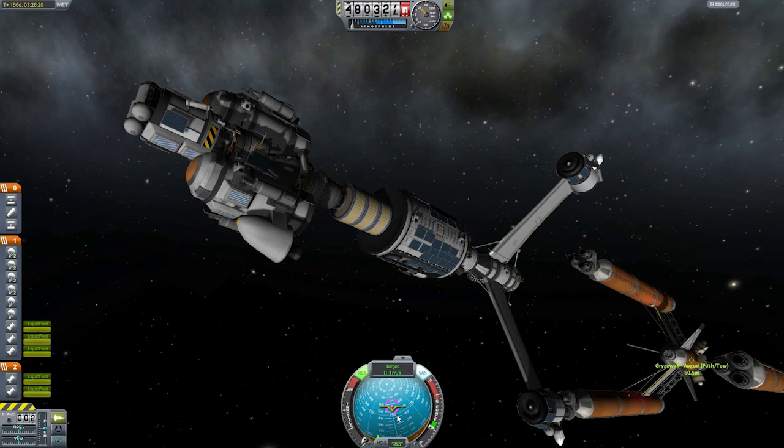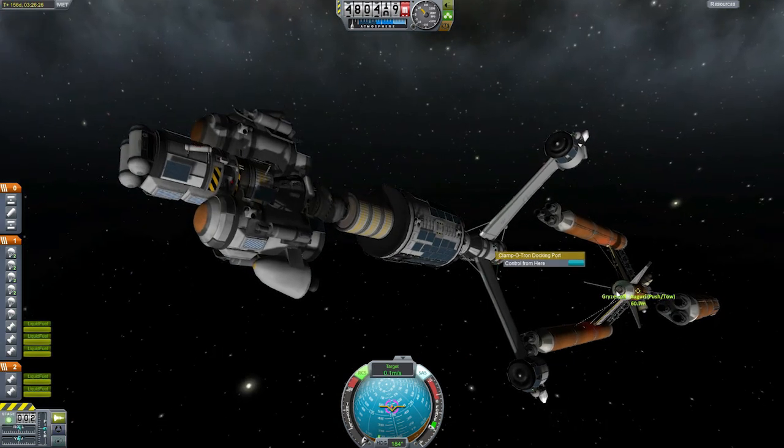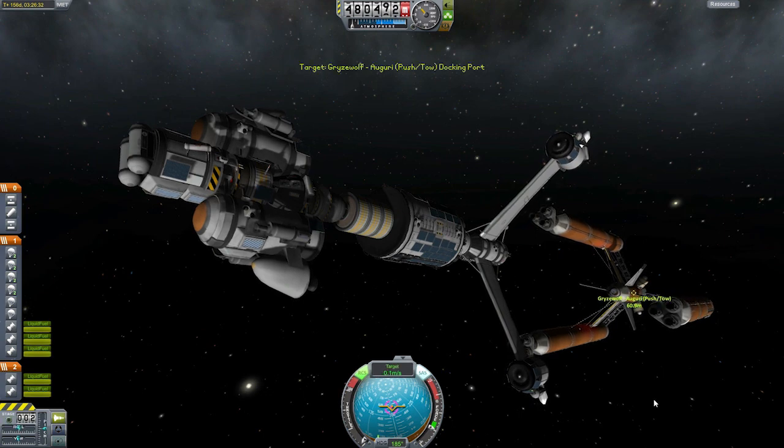Lock SAS. Is that smart? I'm not sure. Let's make double sure that we are controlling it from the docking port. This docking port is targeted. Yes, please set the target. Okay, and now all that,